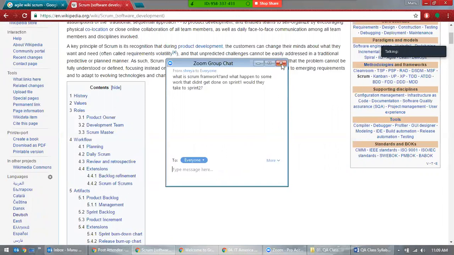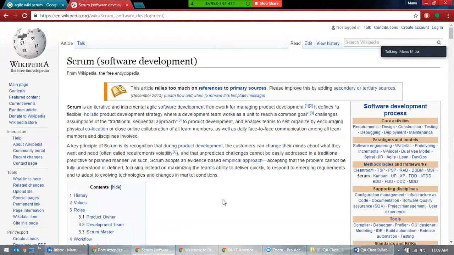Yeah, it's a very good question. Okay, so what is a Scrum? It's a framework, a software development framework. A framework is more related to the management perspective. The way they wanted it is based on a management perspective. So a framework is the way the work should be done.